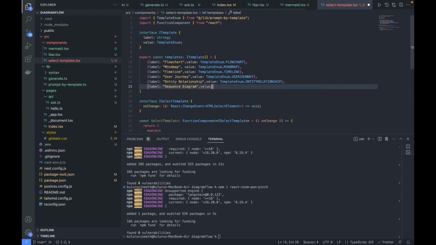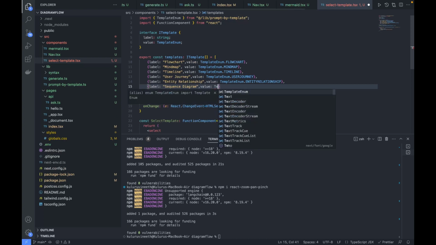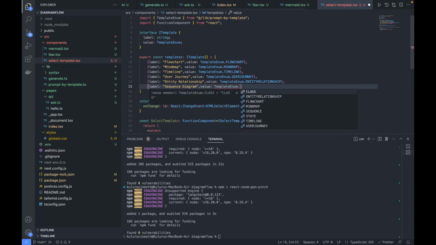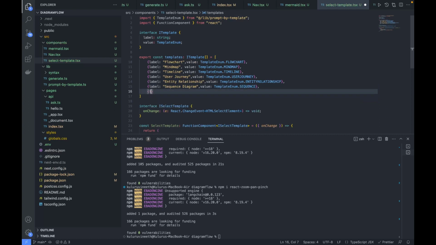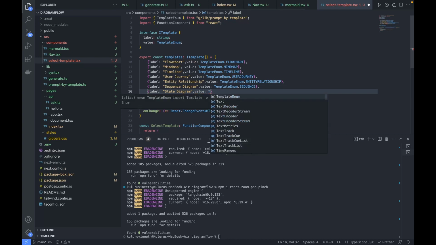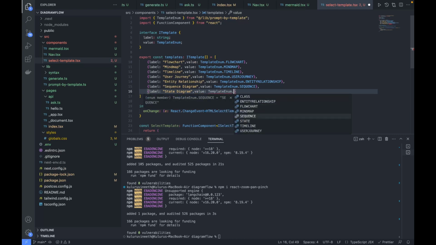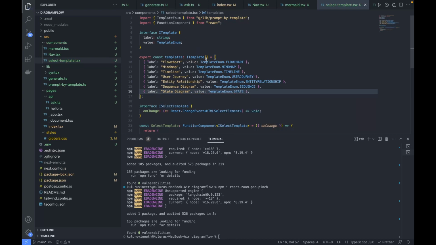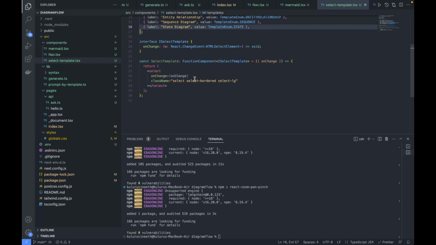So here the value is template enum dot sequence, and the last one, so this is a state diagram, and value is template enum dot state. Okay, so this is the templates array, and we are going to use this and display inside the select